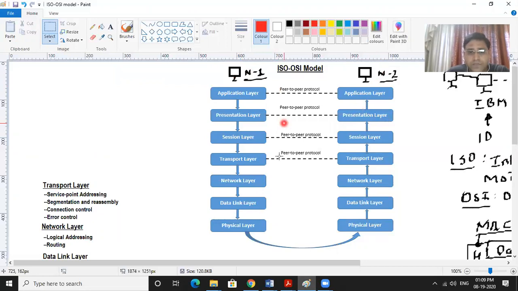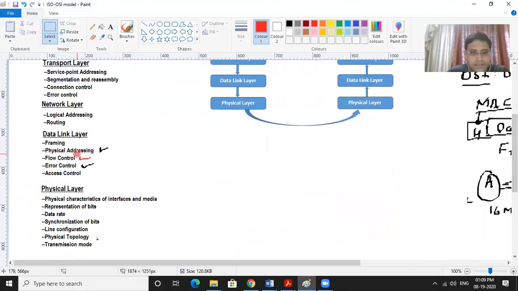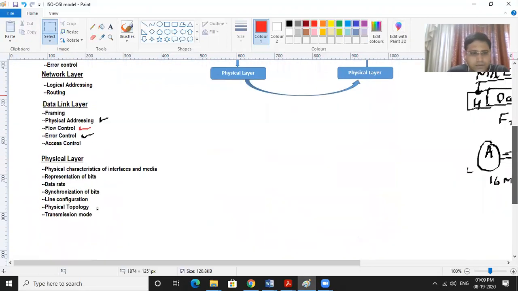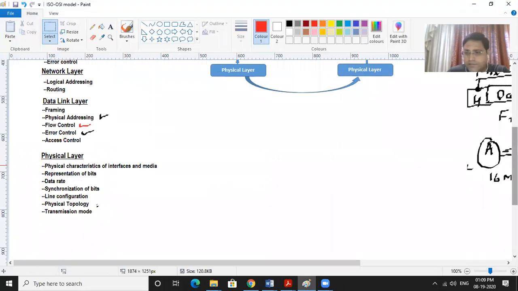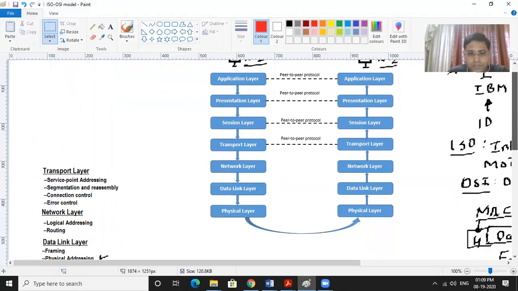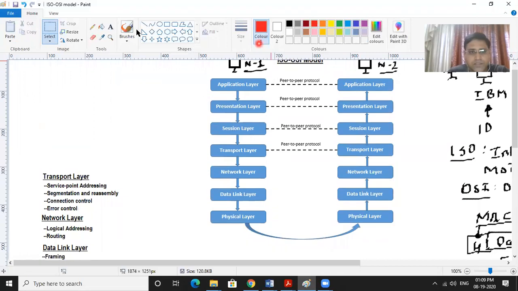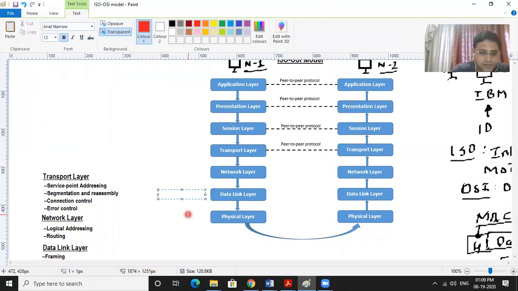Here we discussed yesterday the physical layer and the data link layer, and we have discussed the characteristics and the functions of those layers. So now, as we all know, at this data link layer, the device which we use is switch. We all know we use switch here. Why switch? Because